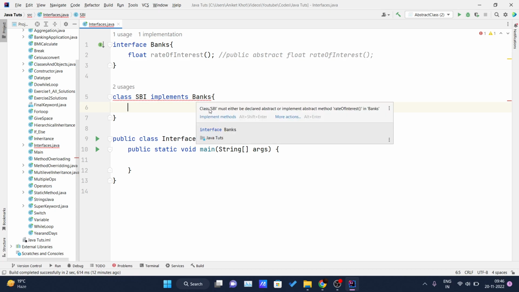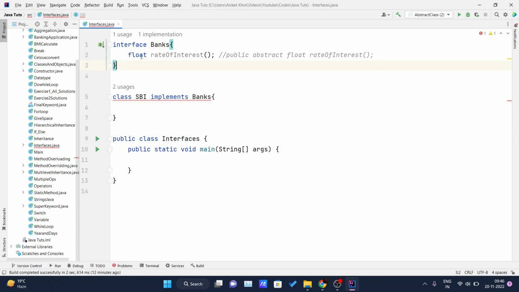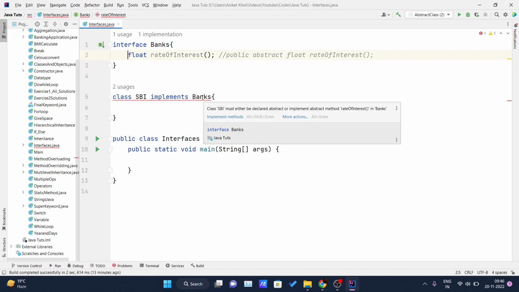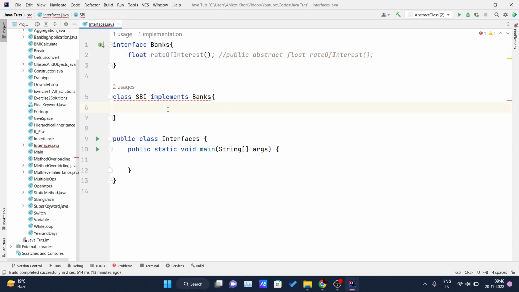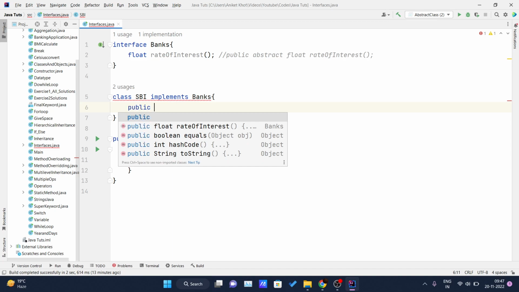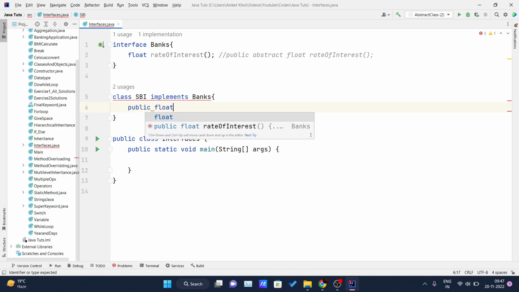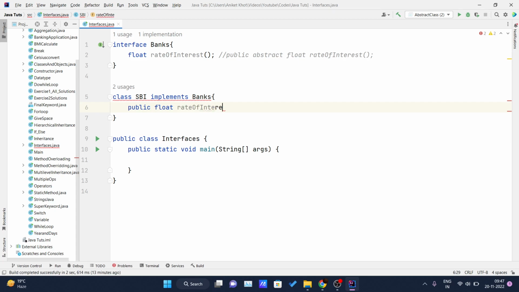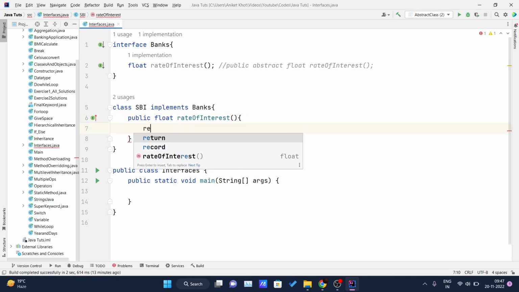Let me check why. The class SBI must either be declared as abstract or implement the abstract method rate of interest. Here you can see we didn't write any abstract keyword before it, and still Java is throwing an error telling that this is an abstract method. You have to implement this method inside this class. So let us implement that method, public float rateOfInterest, and for the body of this method I will simply return a float value